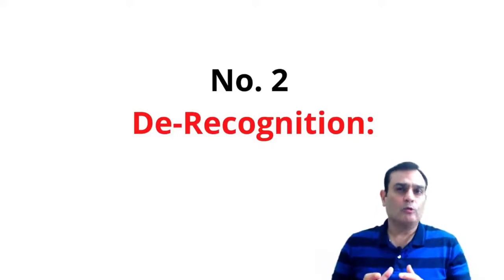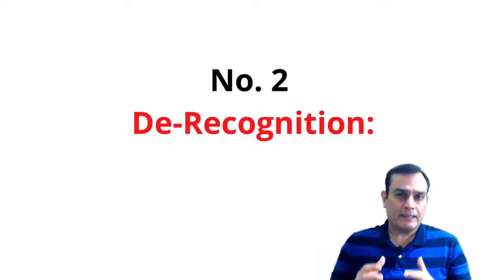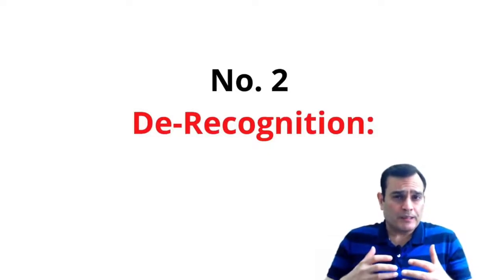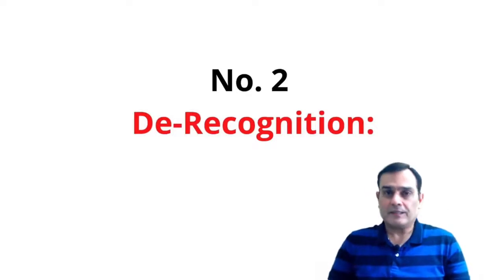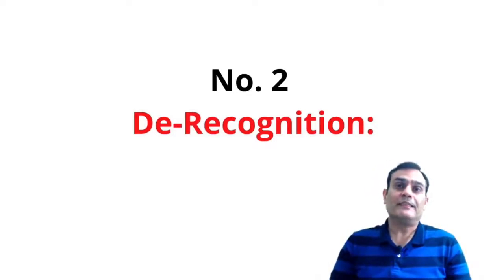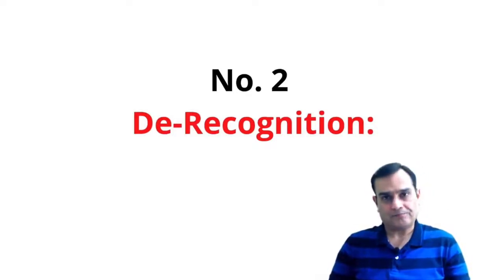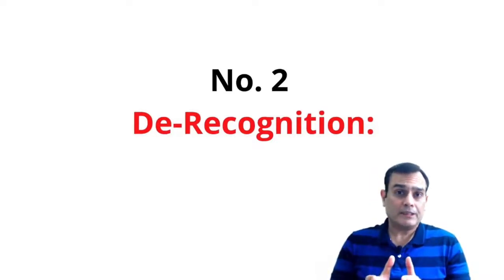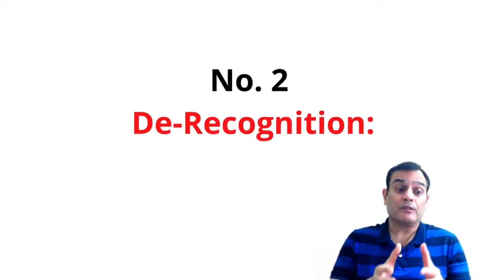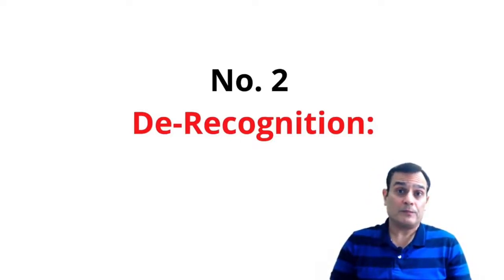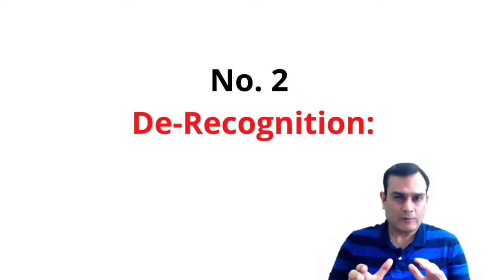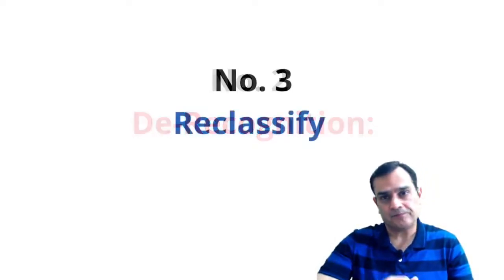Now, as we go to the E&E, the exemptions and exceptions, you will see that there are certain exceptions to the recognition principle. There are certain exceptions to the derecognition principle as well. So there might be certain cases which prohibit you from recognizing an asset and liability which was already in the books of accounts as per previous GAAP, but there seems to be a need to remove the same.